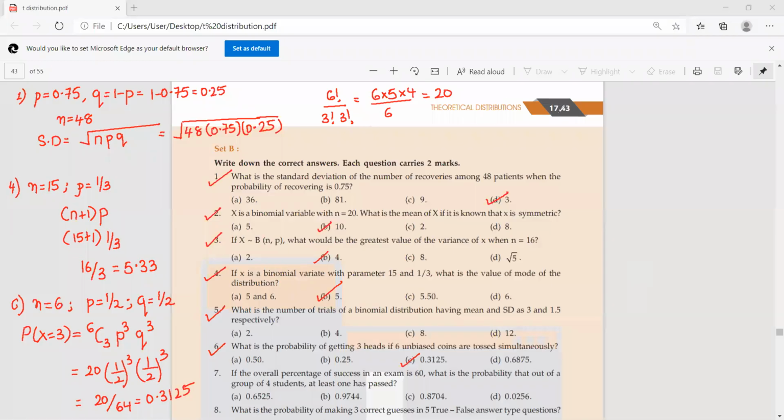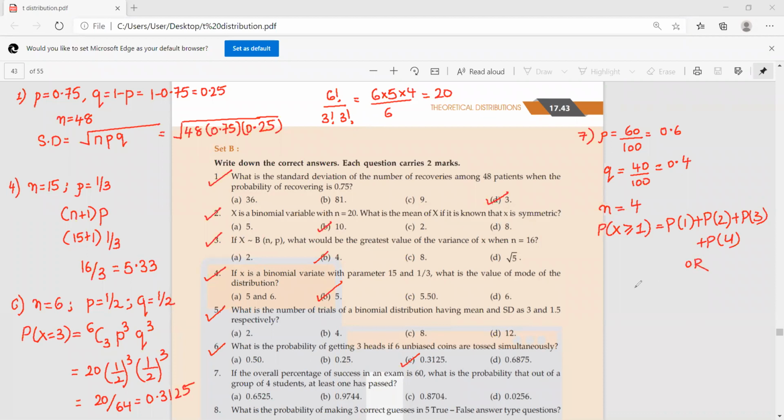So next question is question number 7. If the overall percentage of success in examination is 60, करेक्ट, ओवरऑल परसेंटेज दिया गया है 60, तो अगर सक्सेस की चांसेस 60 है तो लॉजिक सी बात है फेलियर के चांसेस कितने हो जाएंगे 40, सो दैट विल बी अगेन 40/100, यानी कि ये कितना आ जाएगा 0.4। बोला है व्हाट इज द प्रोबेबिलिटी दैट आउट ऑफ ए ग्रुप ऑफ 4 स्टूडेंट्स एटलीस्ट वन हैज पास्ड। एन का वैल्यू दिया गया है आपको 4, सो एटलीस्ट वन मतलब पी ऑफ एक्स ग्रेटर देन इक्वल टू 1।